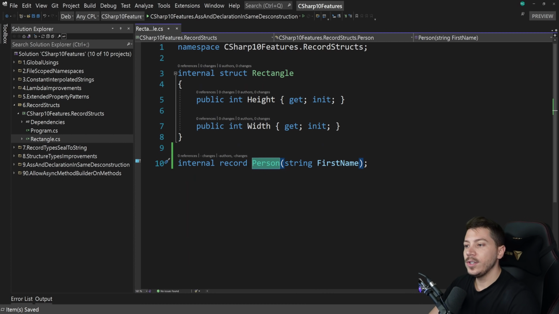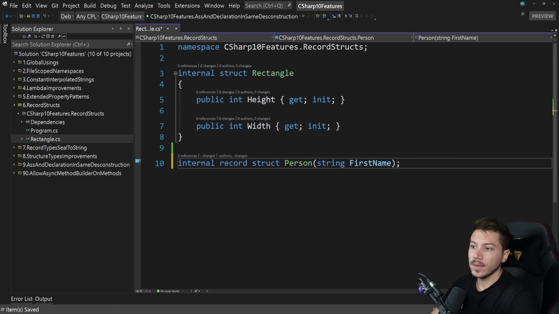Now, we did not have this functionality in structs in C# 9. This assumes that this is a class. However, now we can also have a record struct. It's a really cool feature, I think. And for those of you who might be thinking, okay, but what about record classes? Yes, they also added the record class, but this is the explicit version of it. If you don't have the class, it still thinks it's a class behind the scenes because the class came first and they have to keep backwards compatibility. But now you can have a record struct if you so want to.